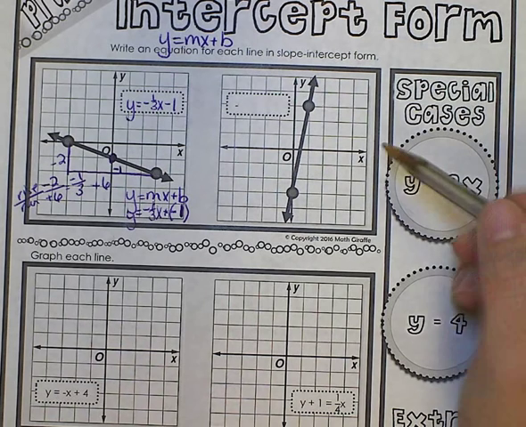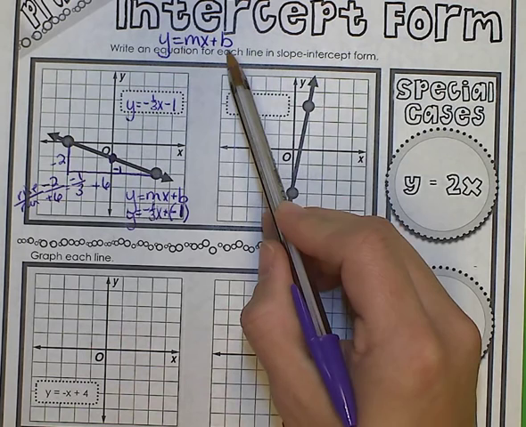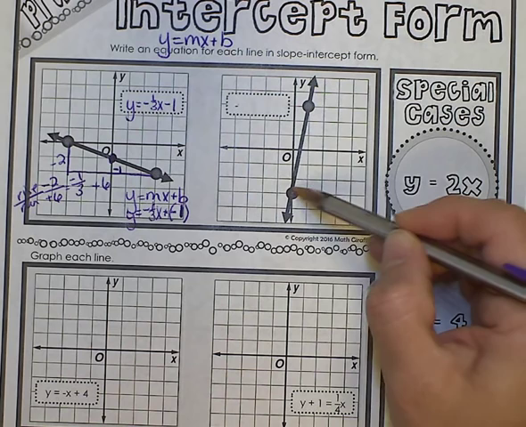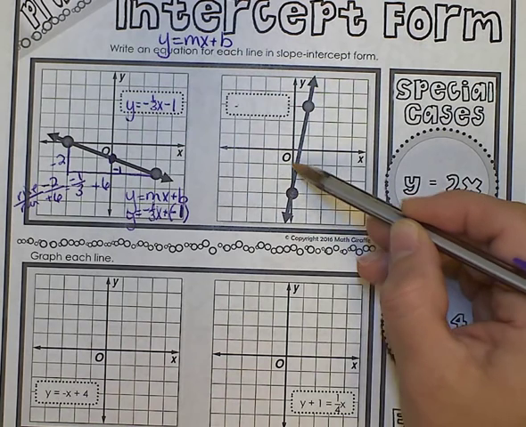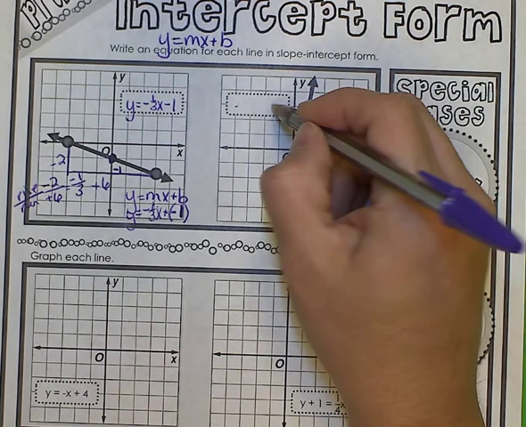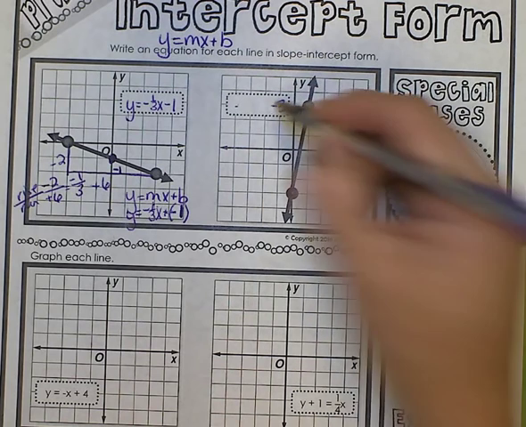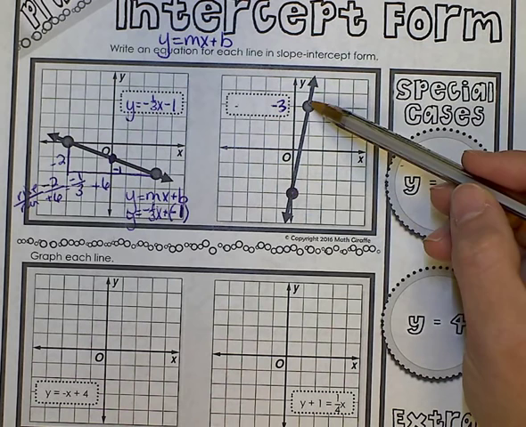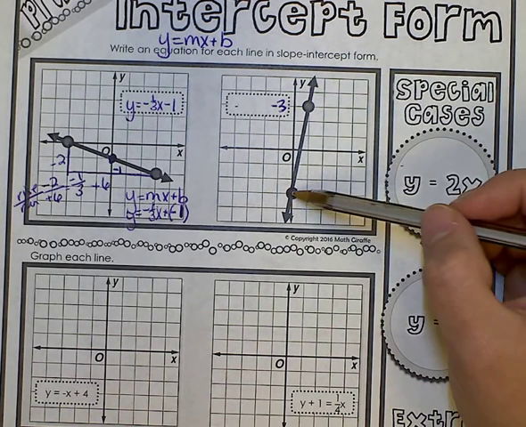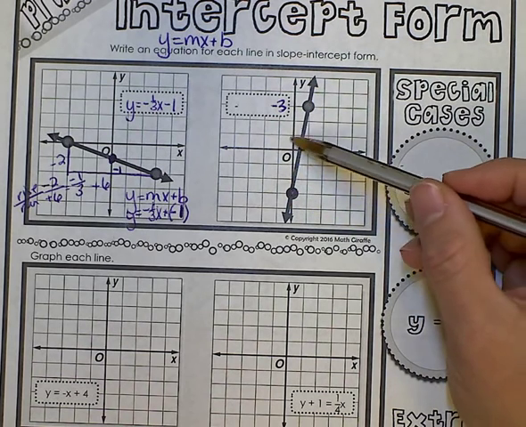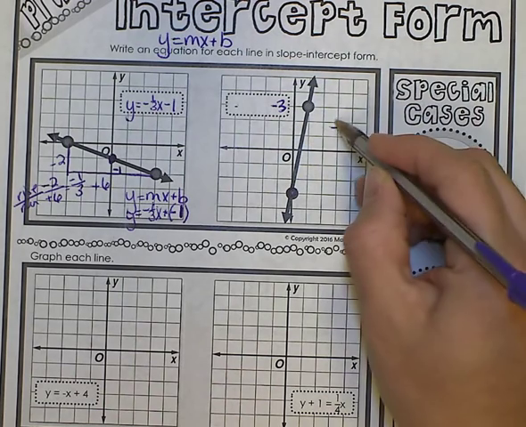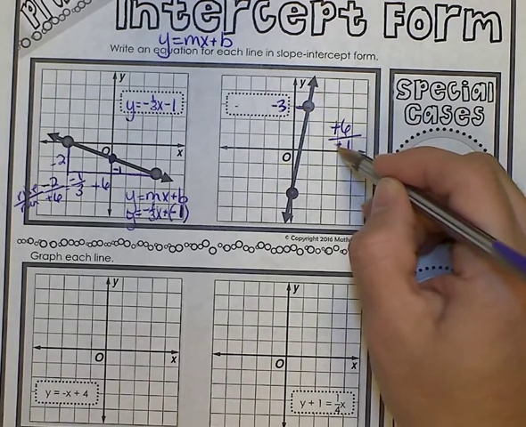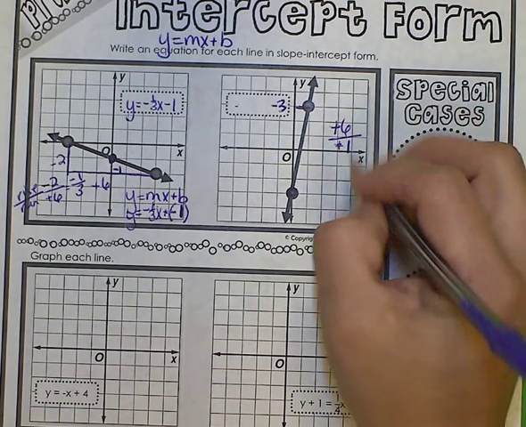Remember, step number 1 is to look for your y-intercept. Where is it crossing your y-axis, which would be this point right here. So we go -1, -2, -3. So we're at a -3 for our y-intercept. And then you're asking yourselves, how do you get from one point to the next? So we're going up 1, 2, 3, 4, 5, 6. We went up 6. That's my rise. And then over 1 to the right, which is a +1, which means we're going to have 6 over 1